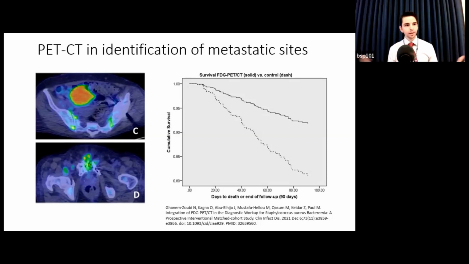PET-CT is less invasive than transesophageal echocardiogram, but it gives you different information. Patients are more familiar with the idea of CT than they are with TEE, so it may be a more approachable tool to use as well. So on the left is a PET-CT image of a patient with persistent MRSA bacteremia who had previously undergone pelvic surgery and had some wires and some pins placed in the pelvis. And bacteremia had been persistent, I think, at that point for about 7 or 8 days with unknown source.